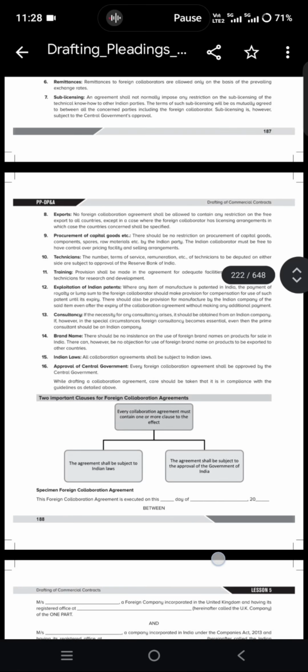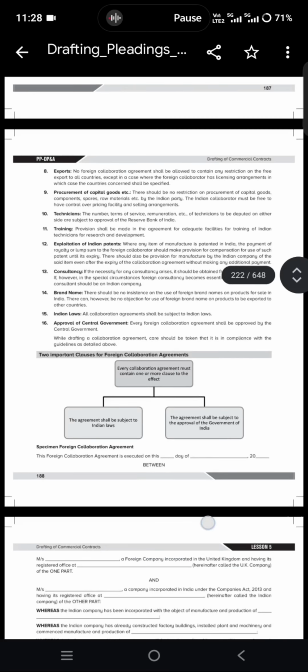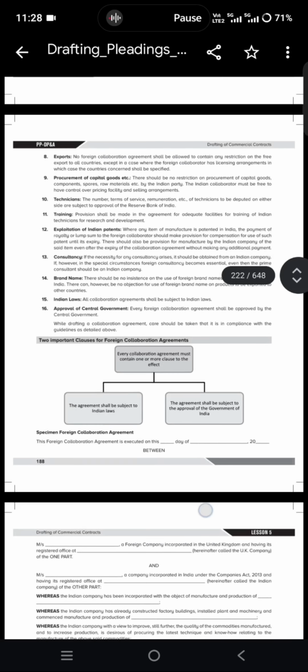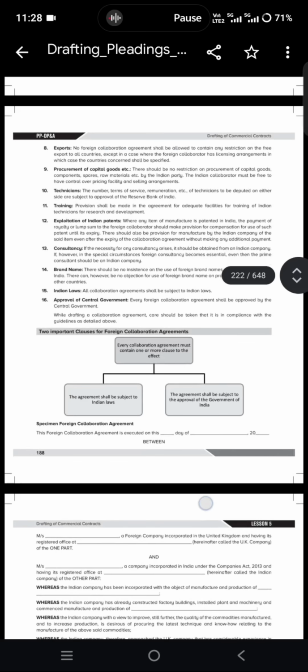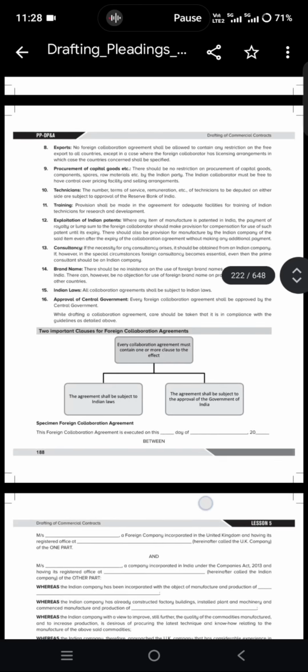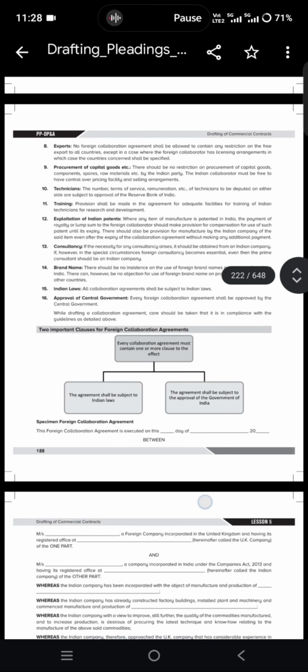The LLP will indemnify and defend all the partners. That is, the LLP will act as a guardian, a security guard for partners, officers, and all, except if they acted with gross negligence or willful misconduct, then it will not provide any indemnification. And disputes, if any, that cannot be solved through the LLP agreement will be referred to arbitration.